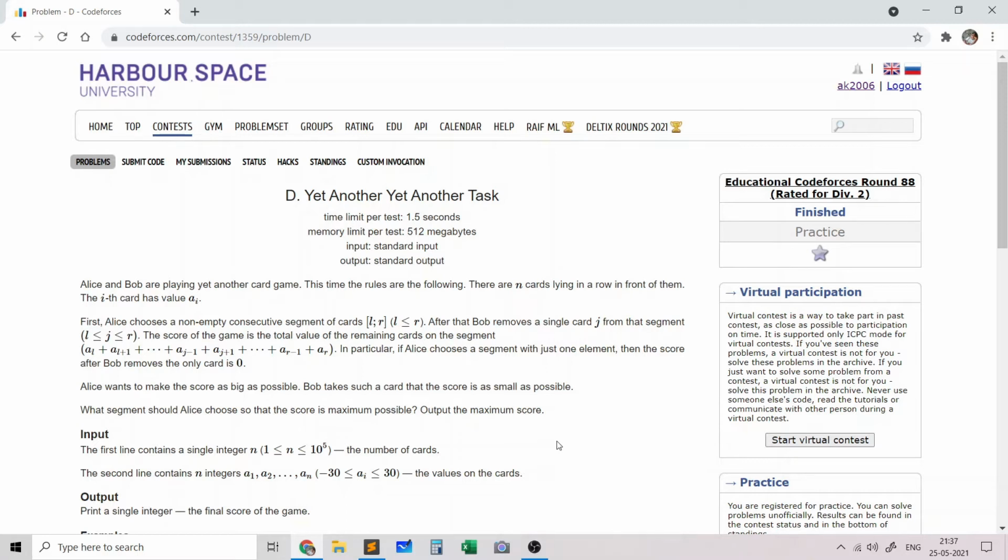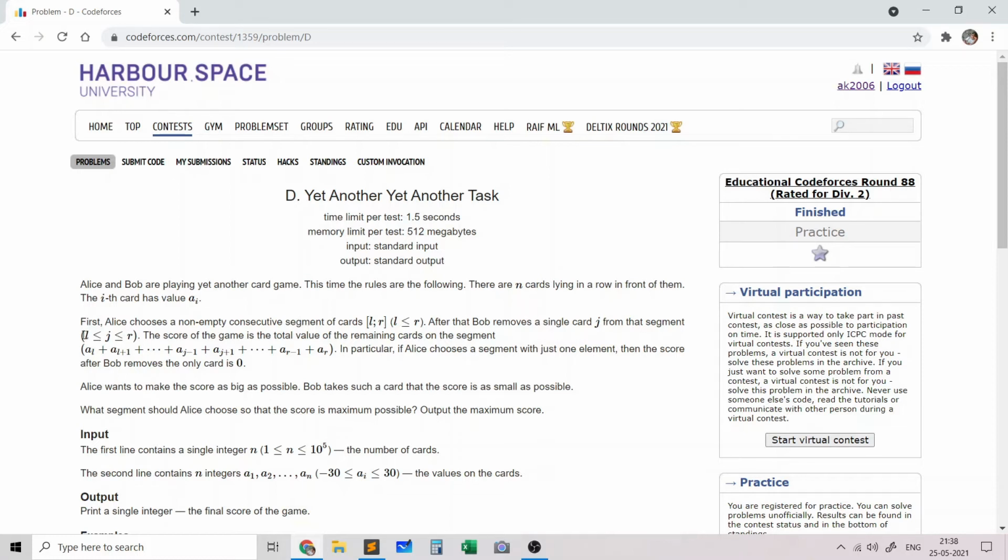So let's look at the problem statement. In this problem, we are given two people, Alice and Bob, who are playing a card game. The rule of the card game is that there are n cards in front of them in which the ith card has value A_i. Now Alice should choose a subsegment of these cards which is consecutive, and Bob will remove a single card j from the segment.